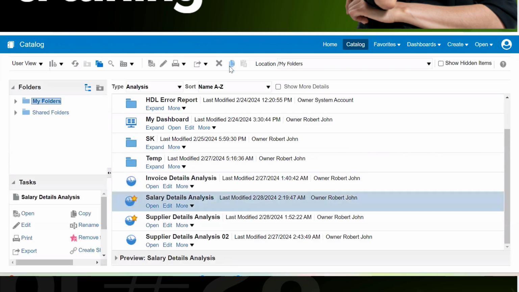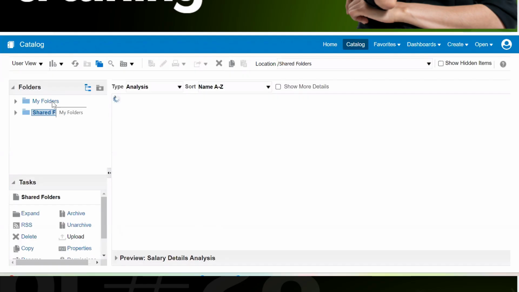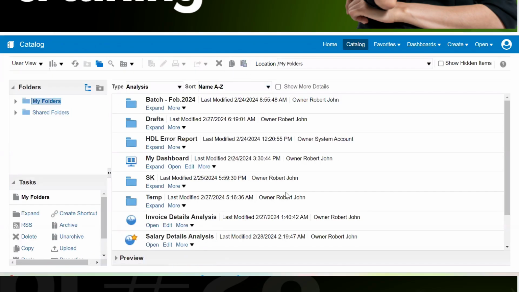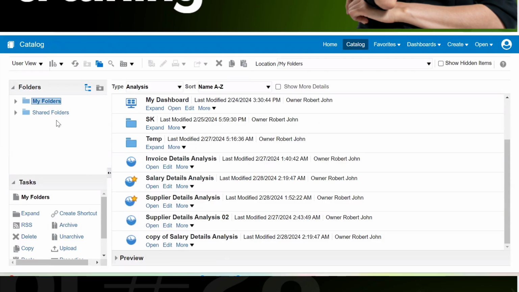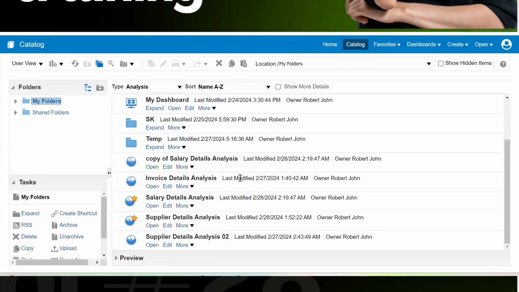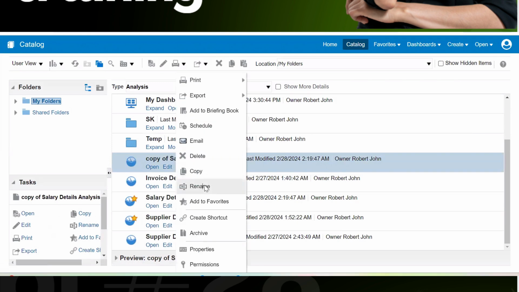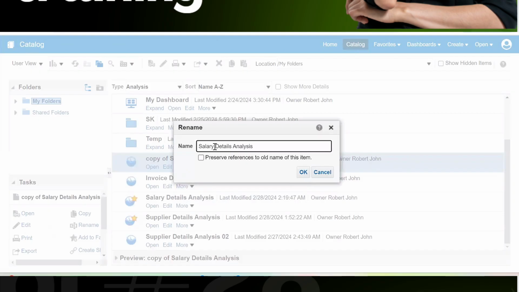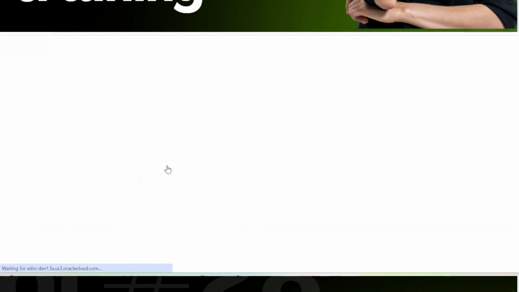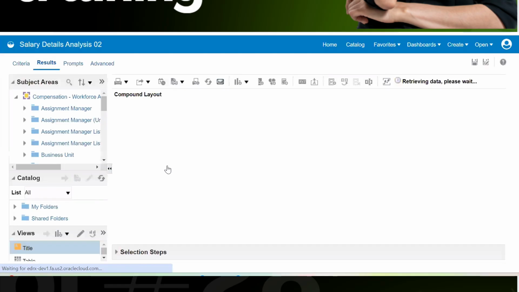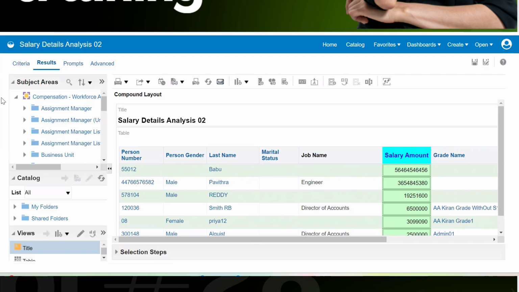Create a copy of this one again. In this, I don't want this particular subject area.